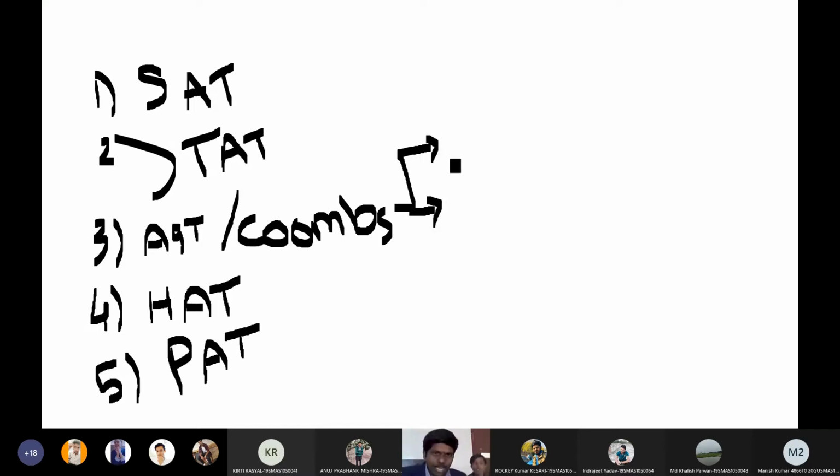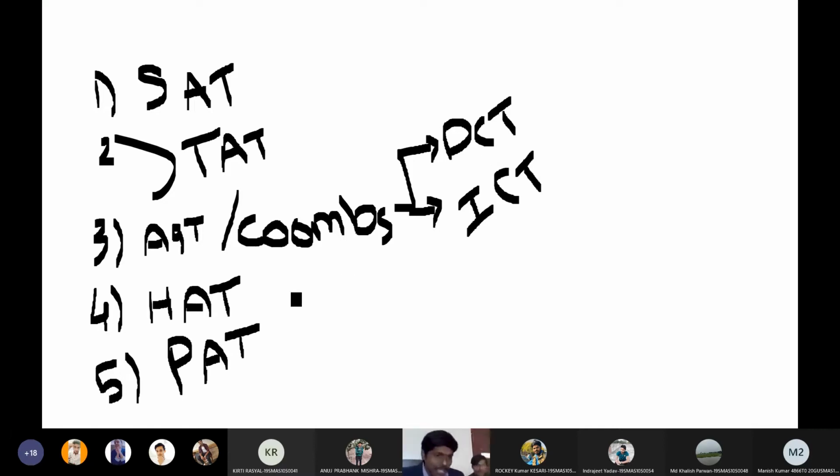They are direct Coombs test, DCT, and the other one is indirect Coombs test. So we have 2 types of Coombs test. This is also said as direct antiglobulin test and indirect antiglobulin test. Both are the same: direct antiglobulin test or direct Coombs test, and indirect antiglobulin test or indirect Coombs test.